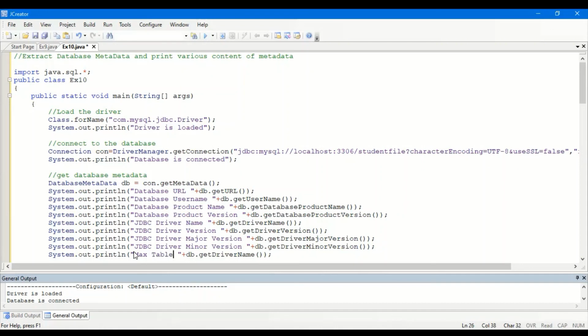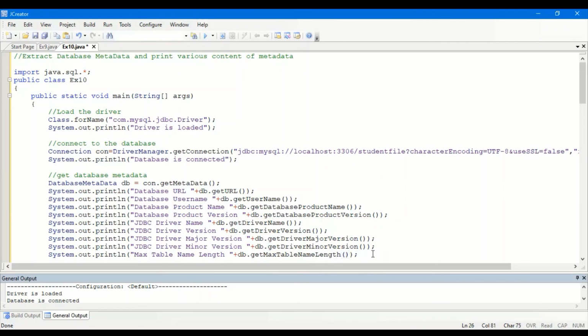Like we name the table student, enrollment, course. So what should be the maximum length for the table name? So this is one thing. One more thing I have to include: getMaxTableNameLength.